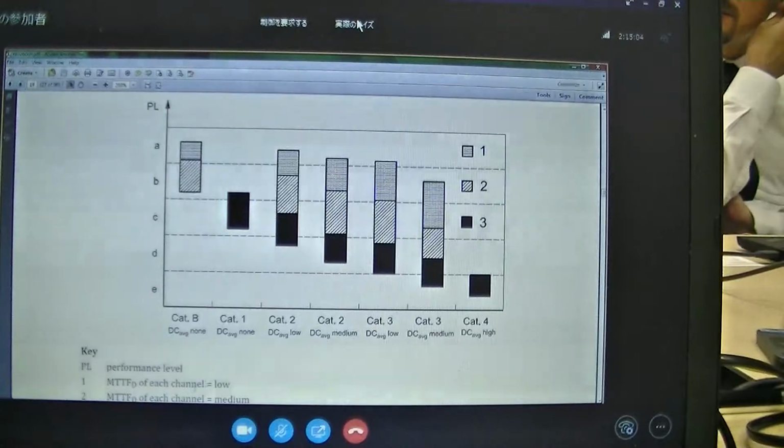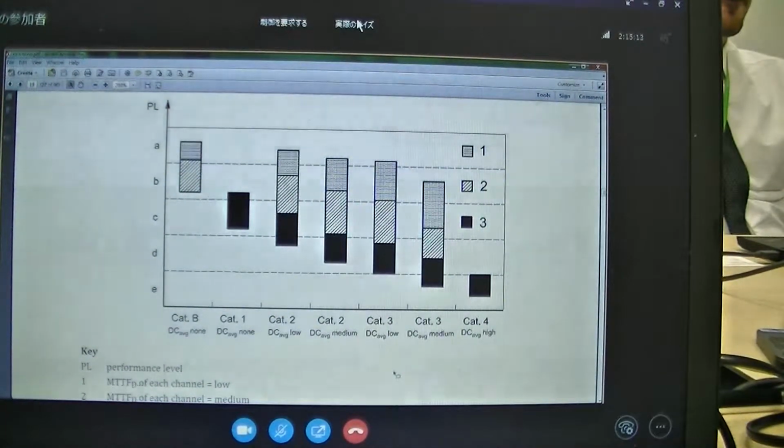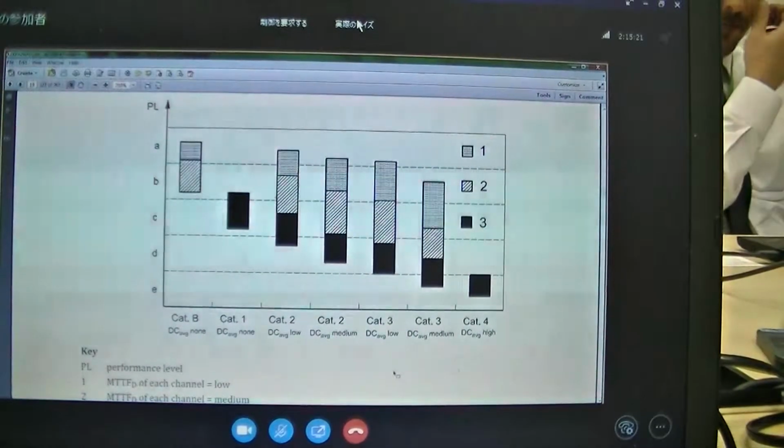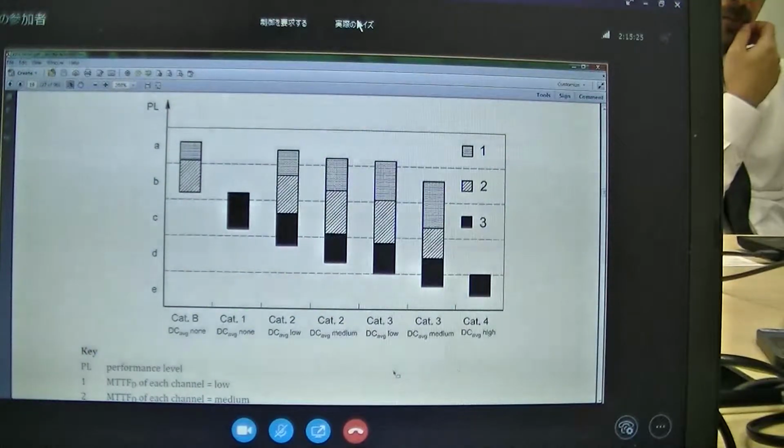the MTTFD of the complete safety chain. Input, processing and output. Safety chain. The safety chain is input device plus processing device plus output device. Your safety architecture. Okay. Anyway, so we should know about more the